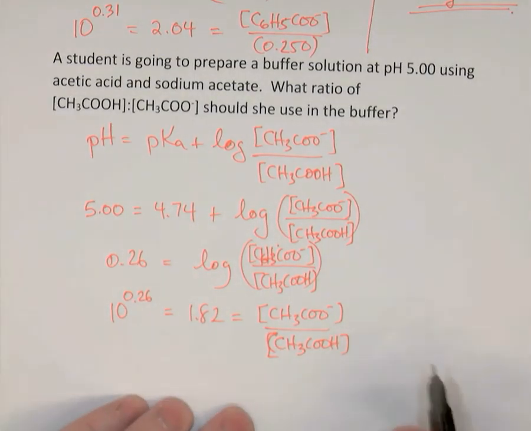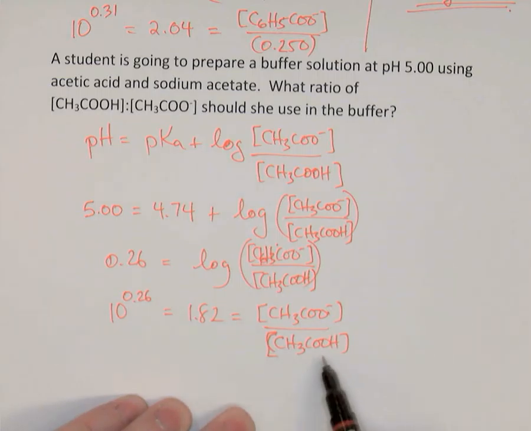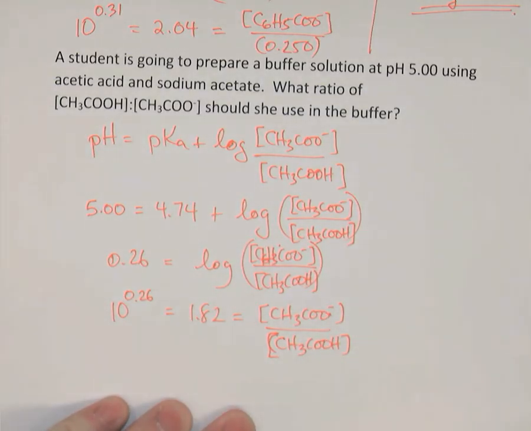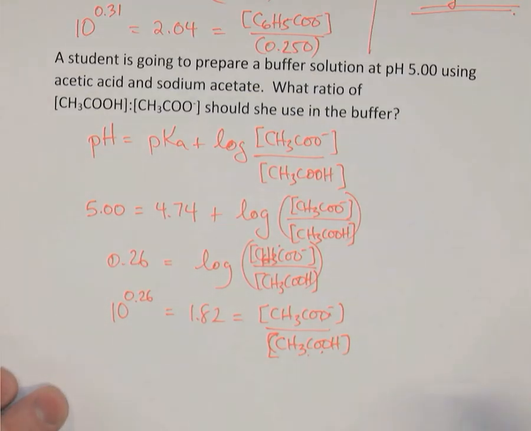So any solution where the salt concentration is 1.82 times bigger than the acid concentration will give us the buffer at pH 5. Now, there's a lot of solutions that you could make with that ratio. The higher the concentrations of salt and acid, though, in your buffer, the greater will be the buffer capacity. So although you might envision creating a buffer with very dilute solutions of salt and acid, giving this ratio, that buffer solution that you've prepared would have a very, very low buffer capacity with very small concentrations here. So the higher the concentrations of salt and acid in the buffer, the greater the capacity to buffer. When you add acid or base to that buffer, it'll resist quite a lot of added acid or added base